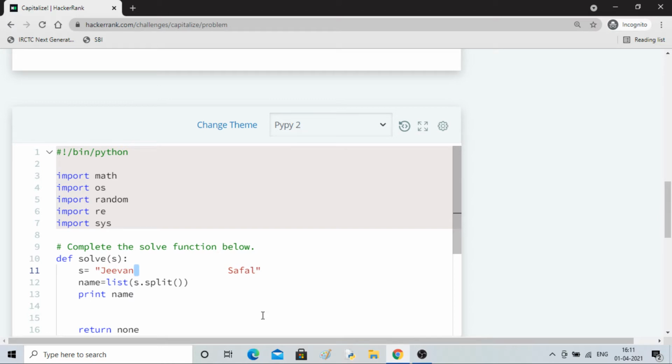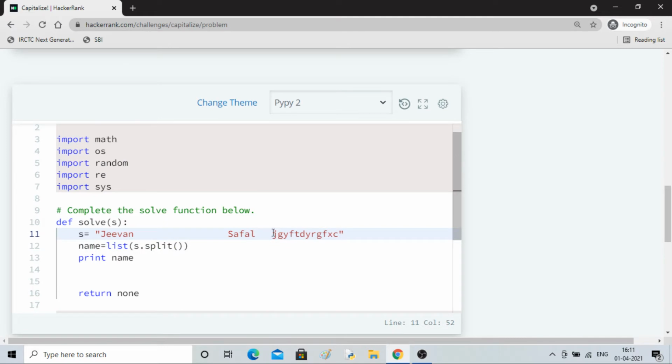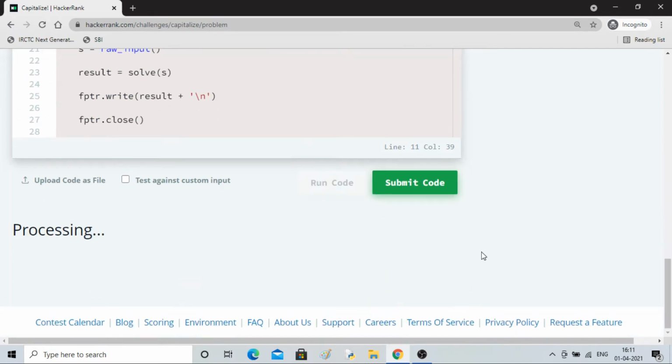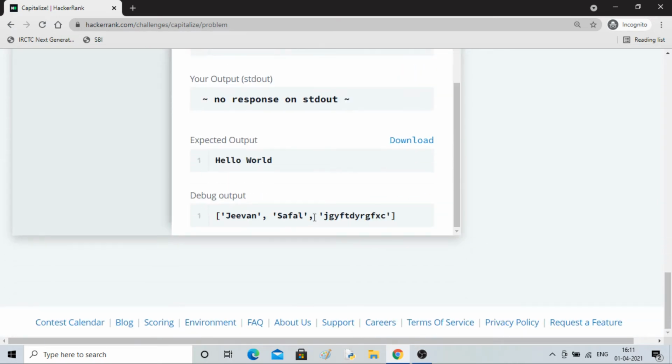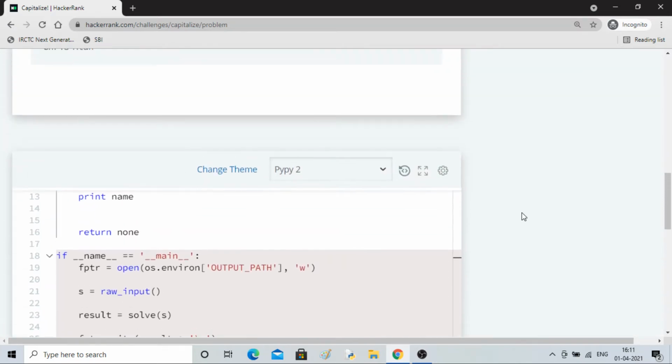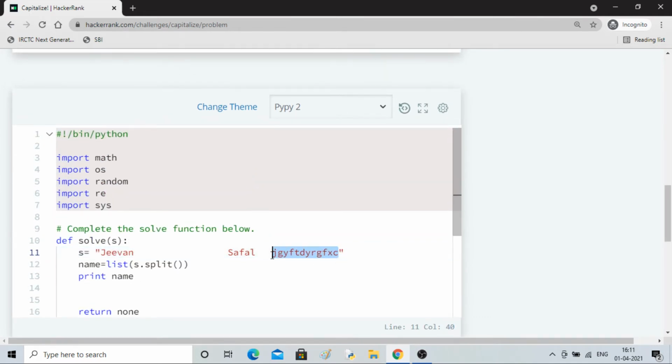So that's one problem. And the second problem is you can also have some extra string, and you can also have multiple spaces. Then also you will see how split will work. It will not consider any spaces, it will just give you the 3 strings. So we are losing information of this space and we were not taking care of this guy as well.